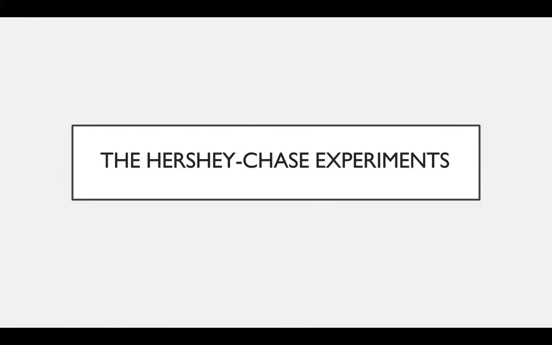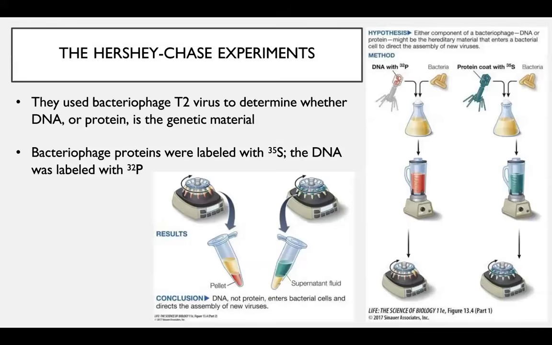The Hershey-Chase experiment was one of the most popular, incredible experiments to find out what actually led to transformation. Is it the DNA being transported from bacteria to each other? Back in the day, they actually thought it was proteins being transported from one bacteria to another. So, what is the actual genetic material? The Hershey-Chase experiment was crucial to find out and confirm what the genetic material of human life actually is. They used a bacteriophage known as a T2 virus to determine whether DNA or protein is the genetic material.